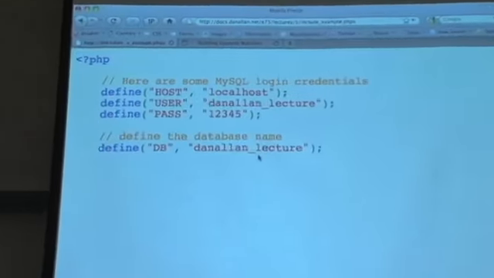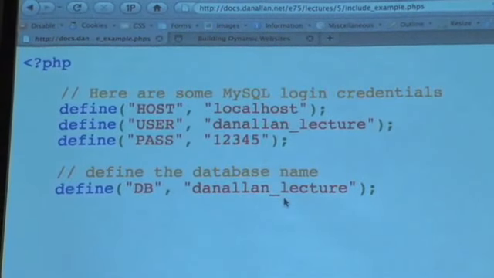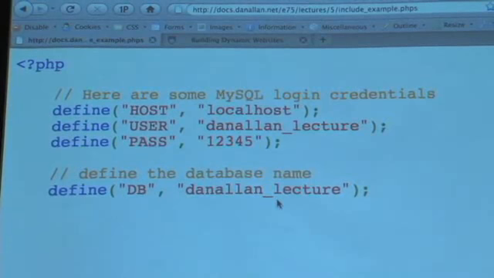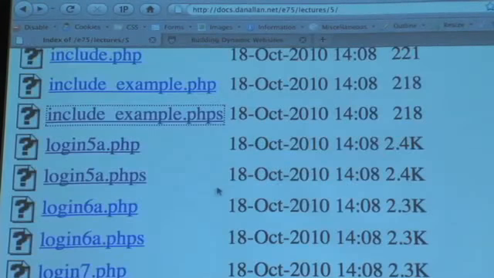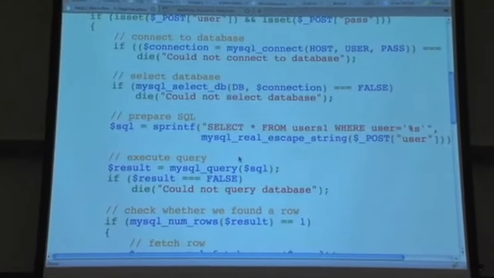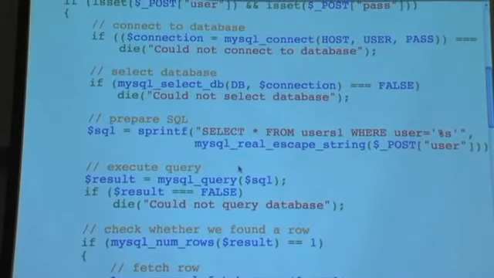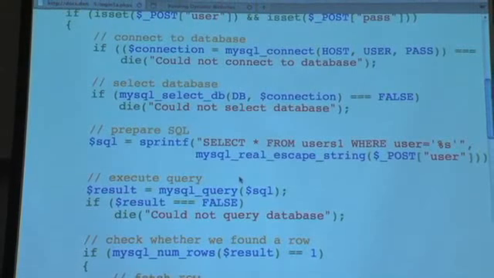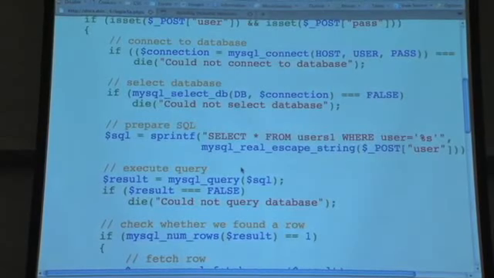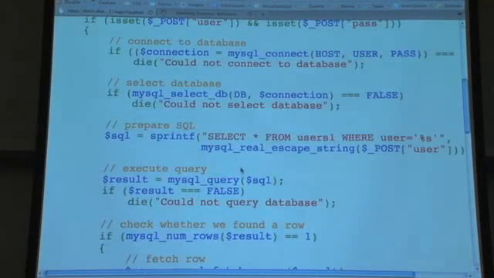You'll notice that not only have we defined a host, a username, and a password, but also a database. And this is the database that we tell MySQL to use to query against any tables within it. Okay, so back to login 5a, just to go back through this again really quick. So we connect to the database. If that happens successfully, then we select the database that we had seen in the other one, danallen_lecture. Then we actually are going to create a query, the select star from, where we're actually going to query against the table that exists in this